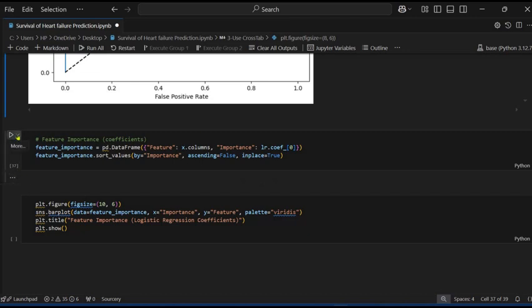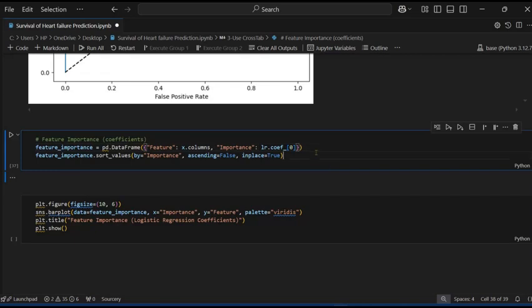It is also used for prediction. So feature_importance equals pd.DataFrame, where I pass some features, X_train.columns, and importance, which is lr.coef_[0]. So a coefficient is a number which multiplies a variable in an equation or algebraic expression.